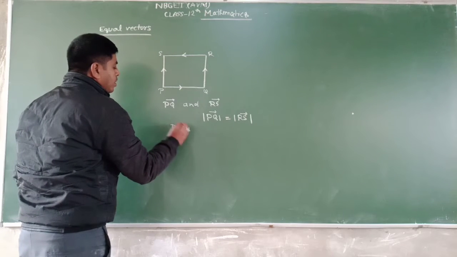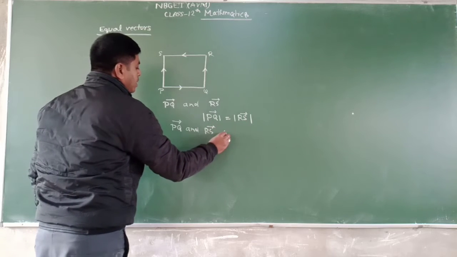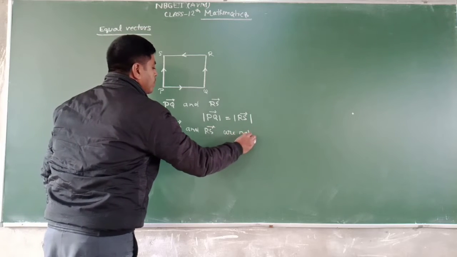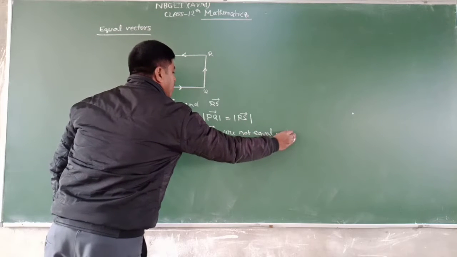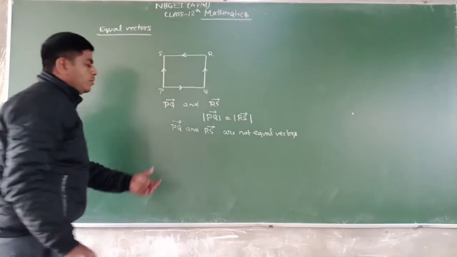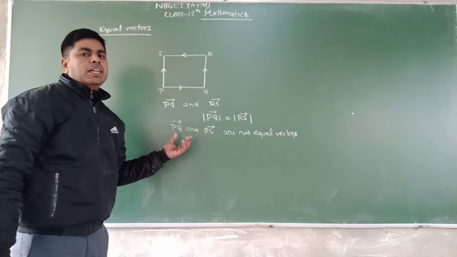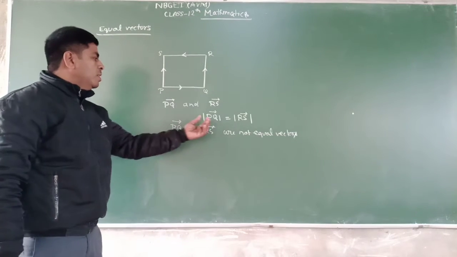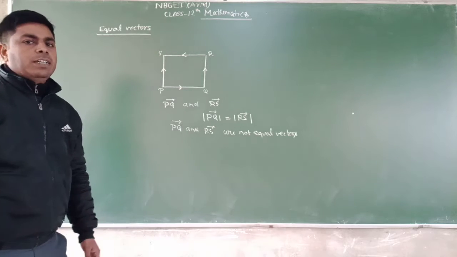PQ vector and RS vector are not equal vectors, because for equal vectors two essential conditions are there: the magnitude of the vector and the direction of the vector